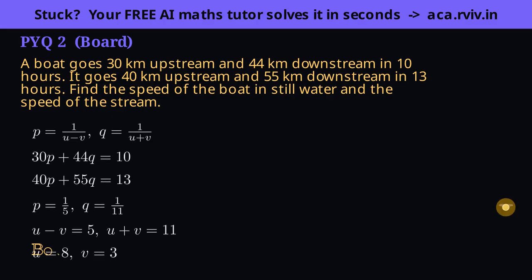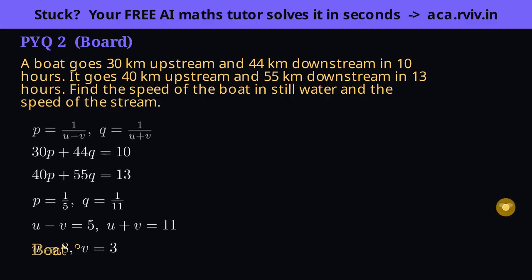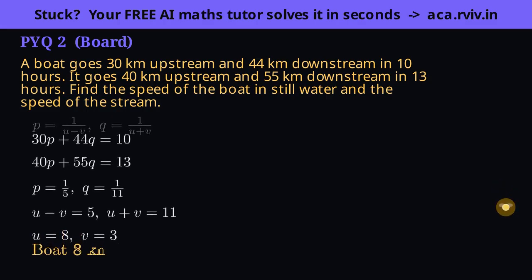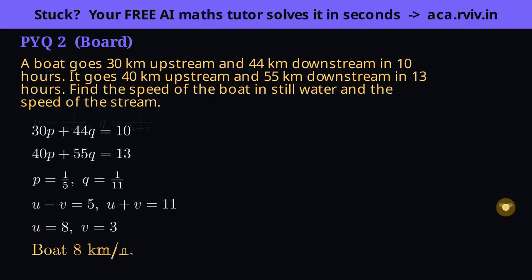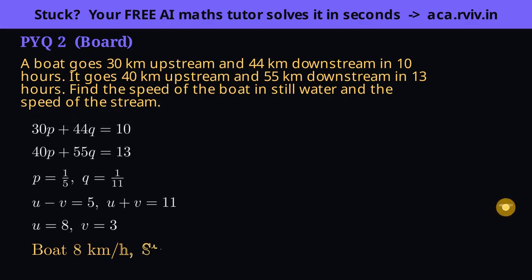Insight: substituting 1 over speed as a new variable is the standard rescue when unknowns are stuck in denominators. It linearizes the problem so our two methods apply, and you just remember to invert back at the end. Watch for this pattern in boat, pipe, and work rate problems.